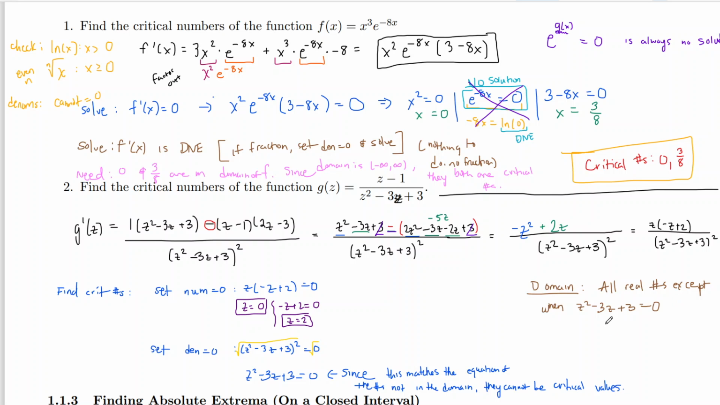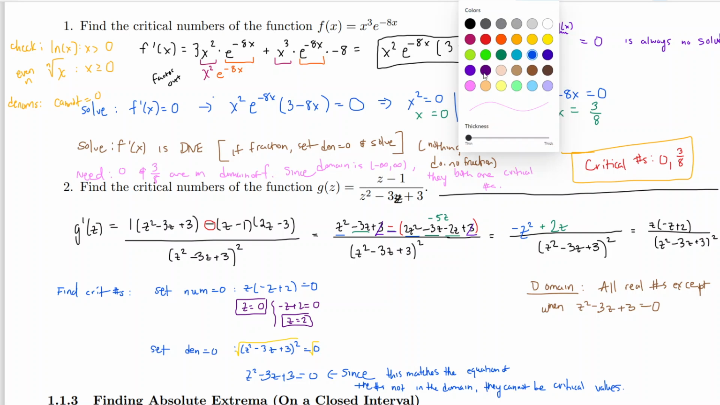Well, let's just pretend that if we solve this, we get z equals 1. What that's saying is 1 would not be in the domain of our original function. But when we solve this, we would get 1 because it's the same exact equation. And since 1 is not in the domain, it cannot be a critical value. But what I'm trying to say here is that if the